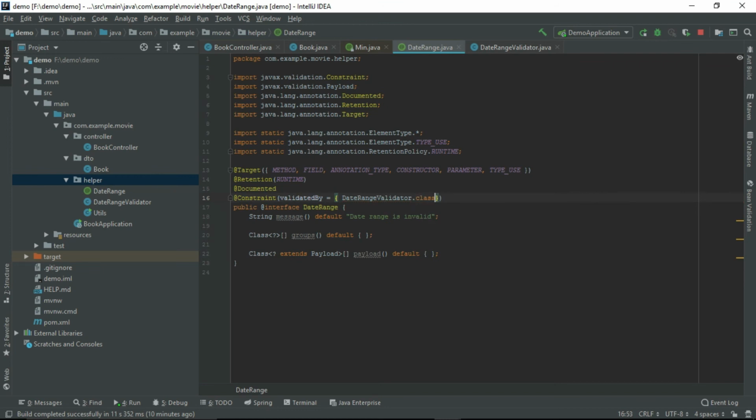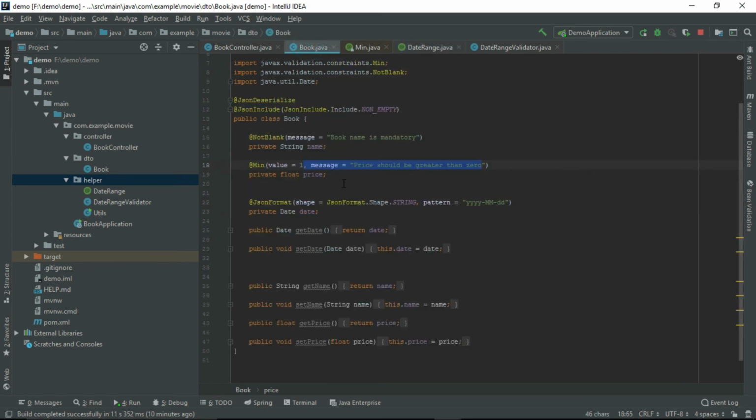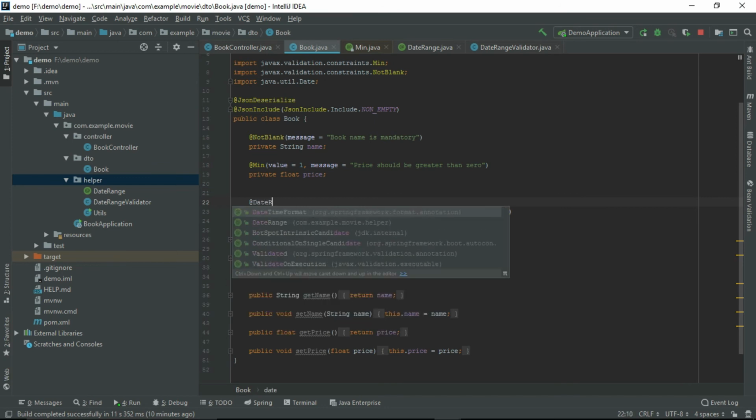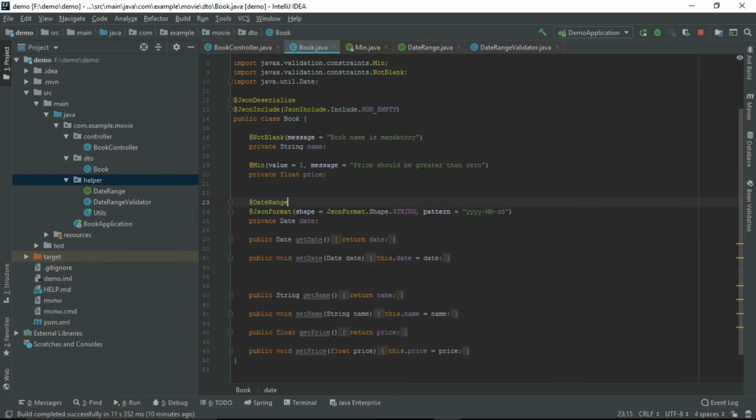Okay, now the custom annotation and the implementation are done. Let us use this particular annotation. Okay, let's restart the program.